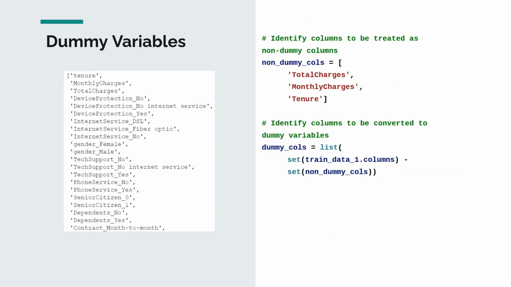The next step in the process was to convert the remaining categorical variables into numerical, and we did this with the pandas get_dummies method. As you'll see over to the left, this is what we want the data to look like, where a single column such as internet service will now be broken up into separate binary columns that would be a 0 or 1, for example, if they had DSL, or a 0 or 1 if they had fiber optic, or no internet